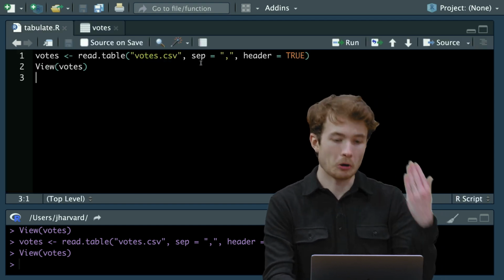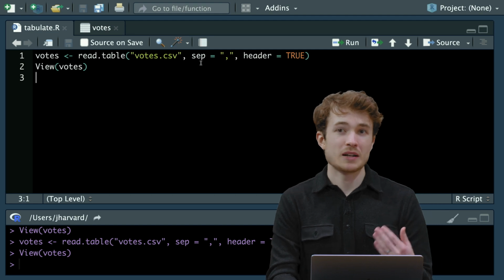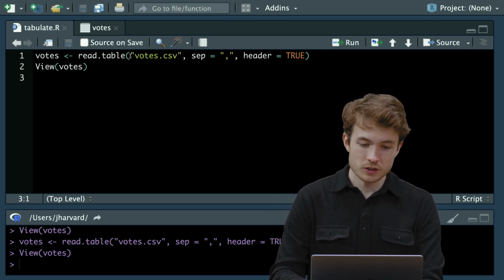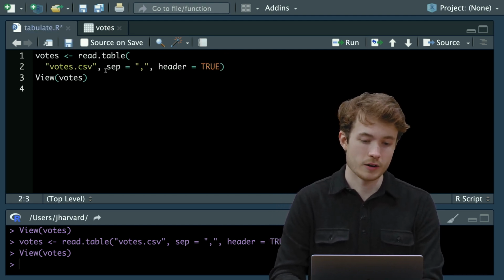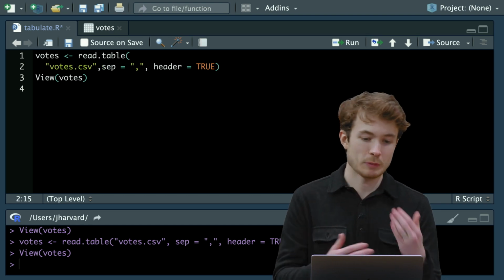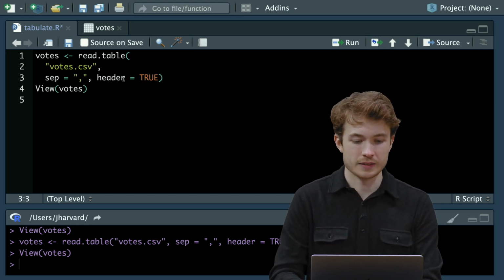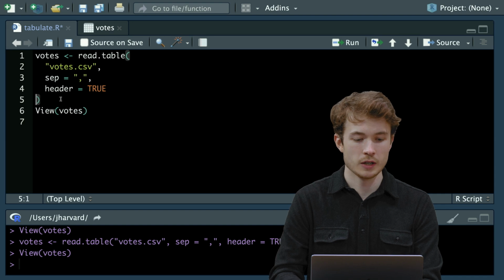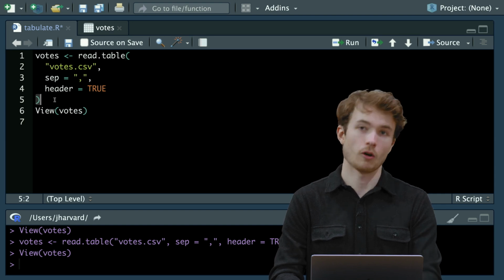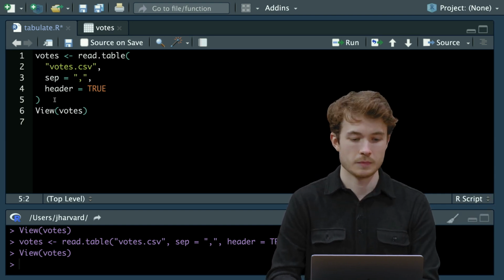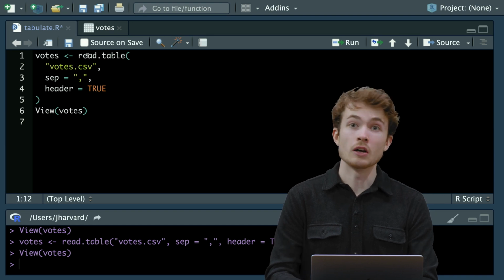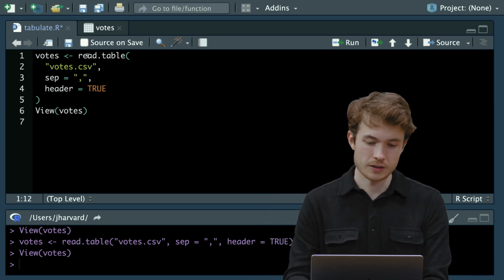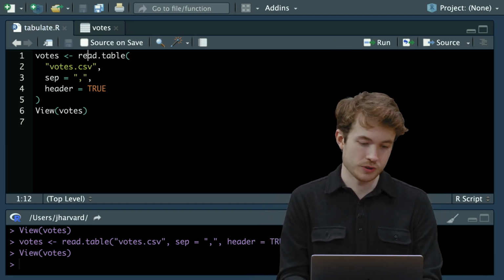Often when we have lots of arguments to these functions, it's better to put them on separate lines. So according to the style guide for R, that tells me how I should be structuring my file. I should do something a bit like this. I should put each argument on a new line in my code, and then make sure that this closing parenthesis is all the way against the left-hand side. This allows me to more quickly see what arguments I have supplied to read.table, but the result is exactly